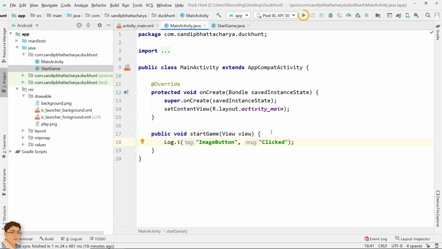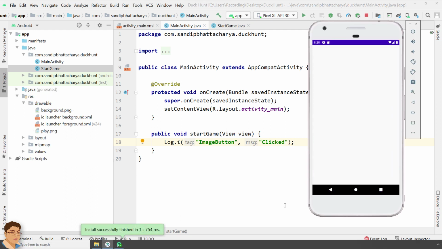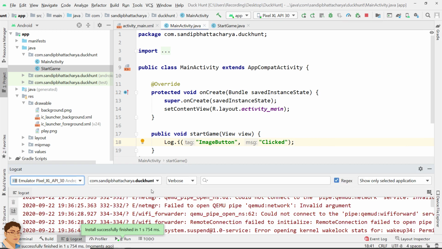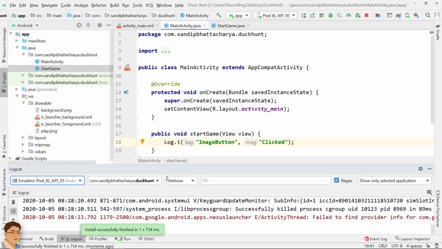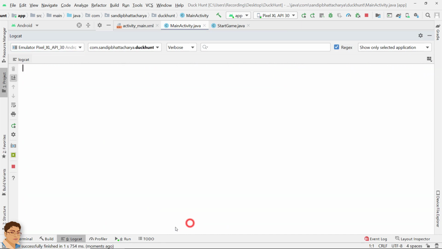Click the green Run button to run the app in Android emulator. Click Logcat. Double click to make the window bigger. Right click, clear Logcat.